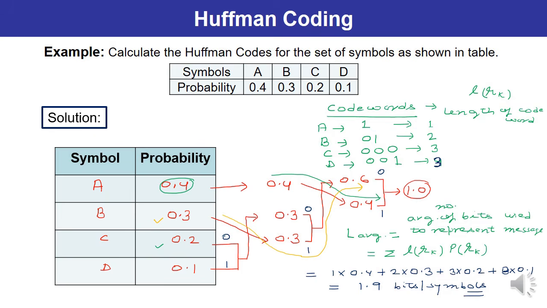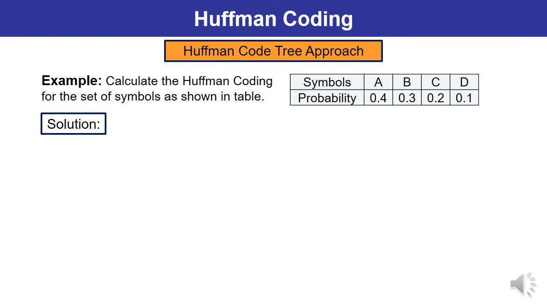You can also calculate the entropy and coding efficiency as well. Now let us discuss Huffman code tree approach. What is this Huffman code tree approach? Here the same question we have taken where 4 symbols have been given over here, means A, B, C and D. Now how to write down the codes in this particular case? Huffman code is what? You have to start from a node. See, sum of all the probabilities is what? Sum of all the probabilities is 1.